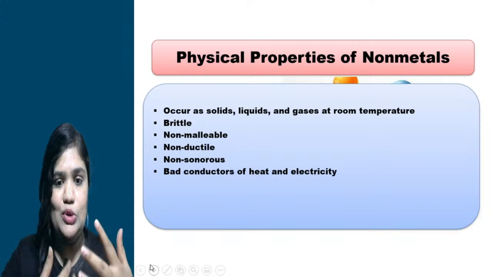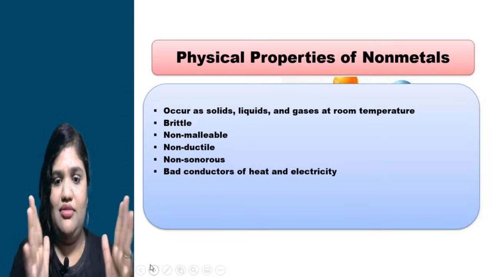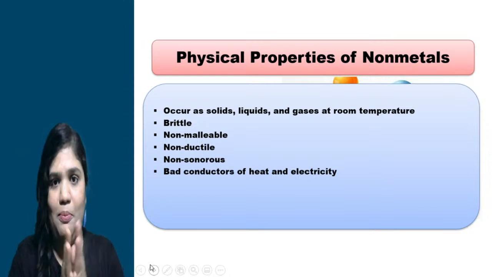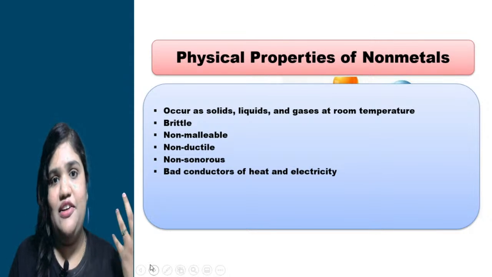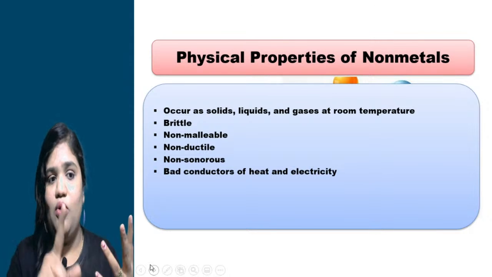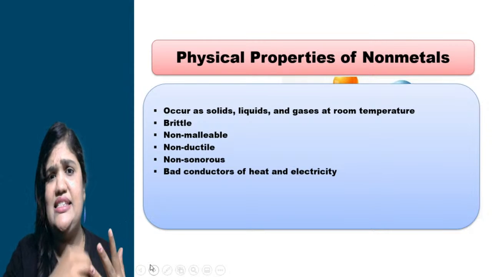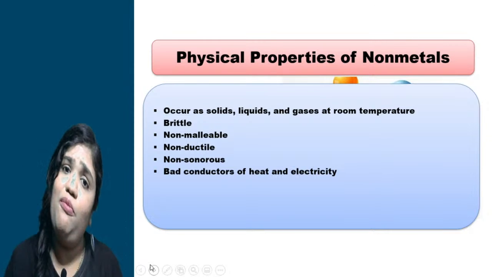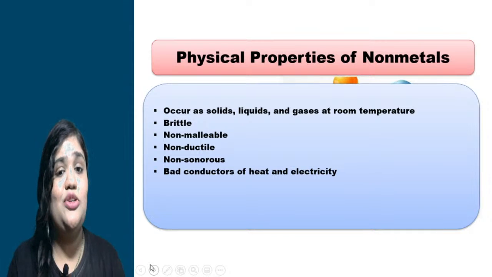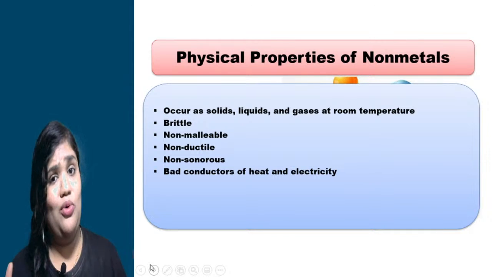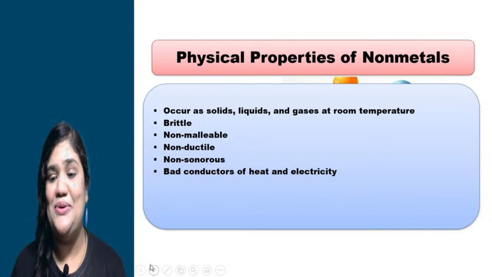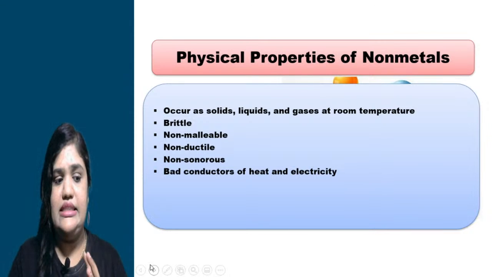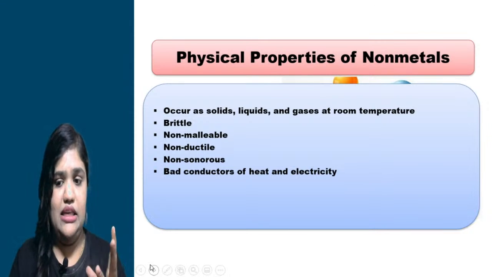You have to just use those physical properties, and if you compare, both sets of properties are different from each other, right? So basically non-metals possess exactly opposite characteristics of metals, right? So yes, we have studied the exceptional cases also. I hope you are going to understand and learn the basic things, right?